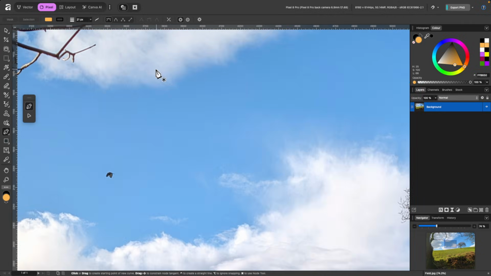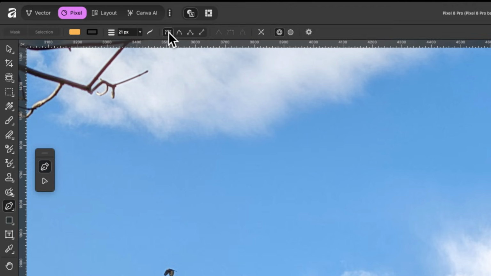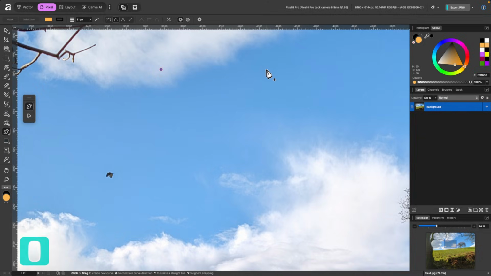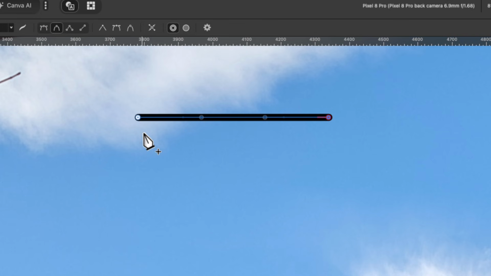So far in this section of the pen tool, we've been using this mode here, pen mode, but you might have also seen there's other options: smart mode, polygon mode, and line mode. So let me just click on smart mode to show you how it differs. So I'm just going to jot a point down there and jot a point here, and you see they look slightly different. There's a little red dot in the center there.